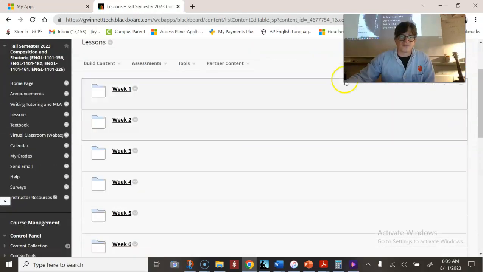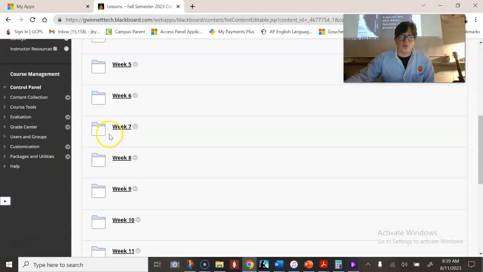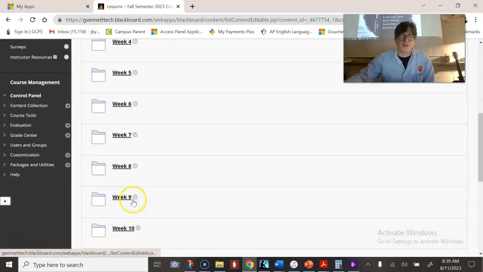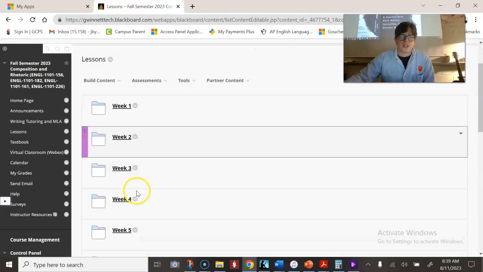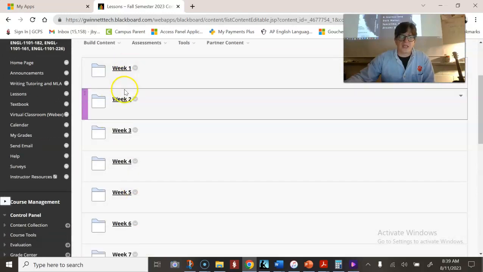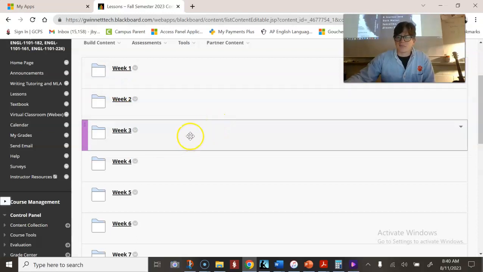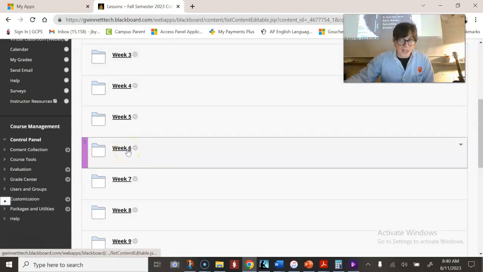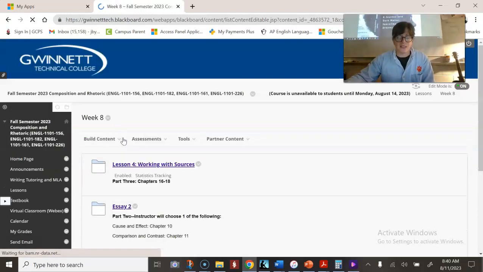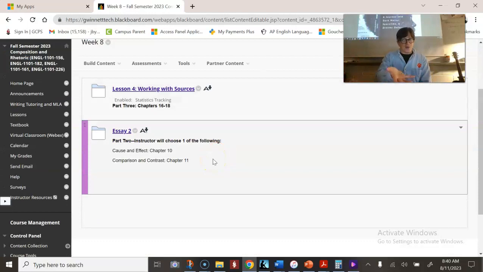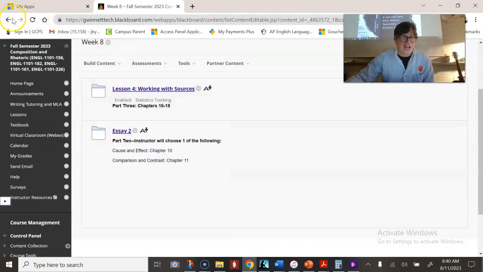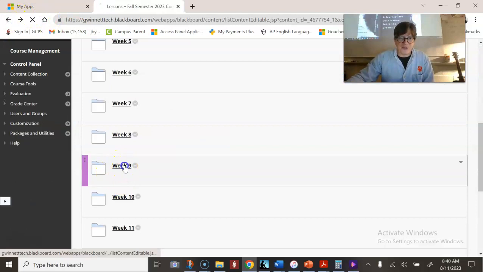The lessons are weekly folders. So you have 1 through 16. In each of these folders will be the materials for that week and the drop boxes. Now, I don't have every single thing already in here as of right now, as of week one. So if it's week one, you're like, oh, let's see what's in week 8. Well, there is some stuff in week 8, which is nice. But I don't think I have my material in there for week 9.